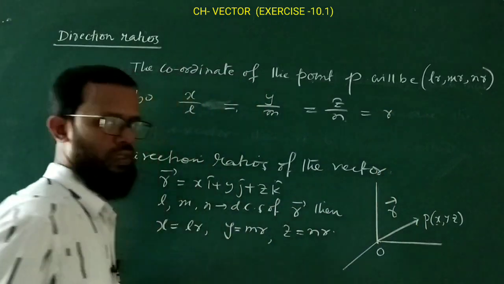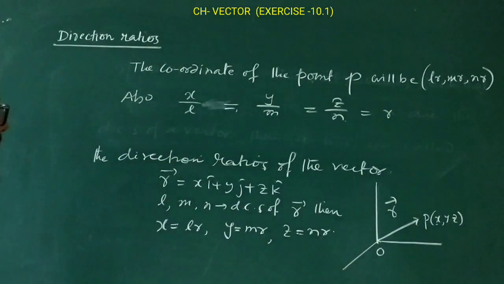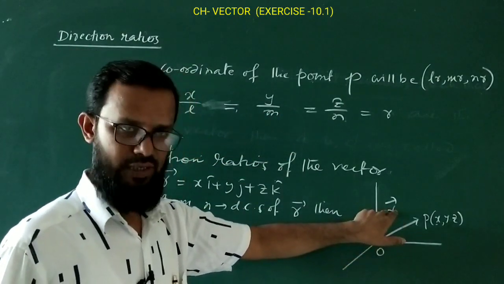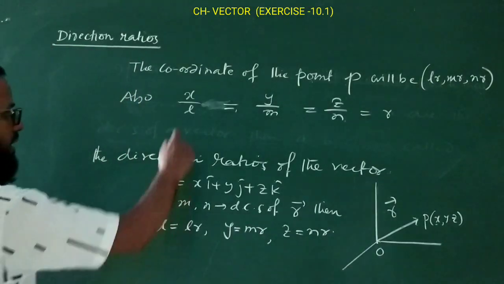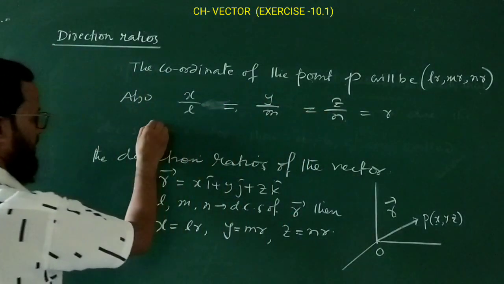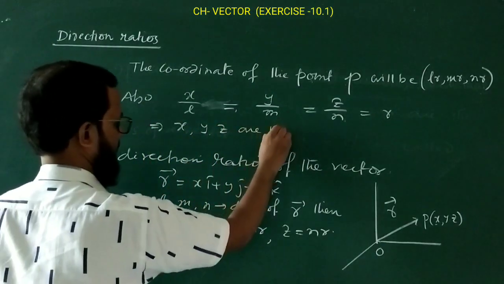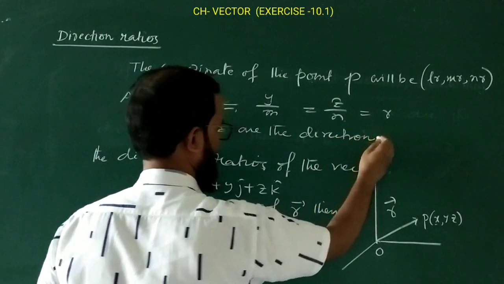Yes or no? So here l, m, n are the direction cosines of the given r vector. So by the definition of direction ratios, from here you can say x, y, z are the direction ratios